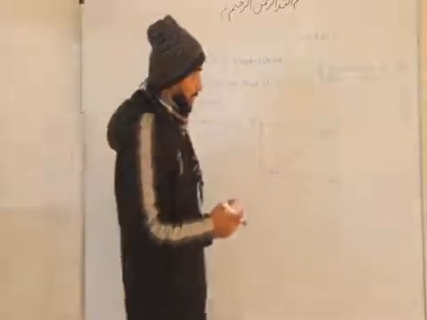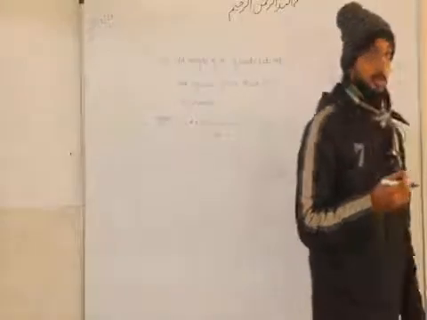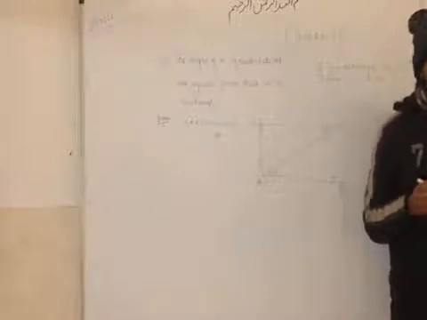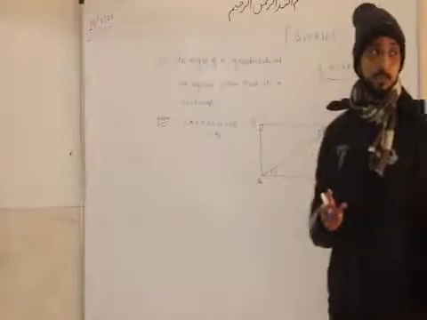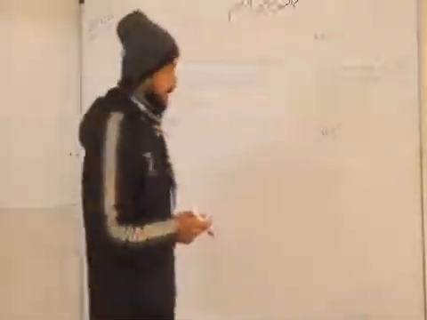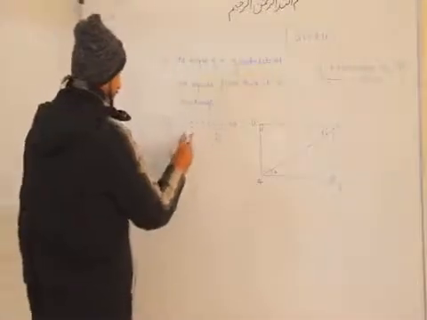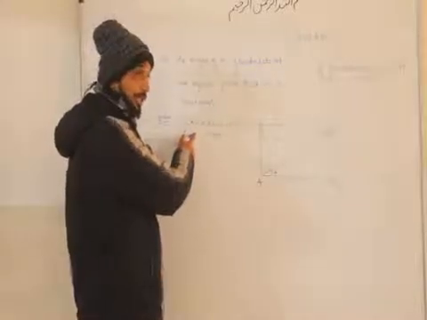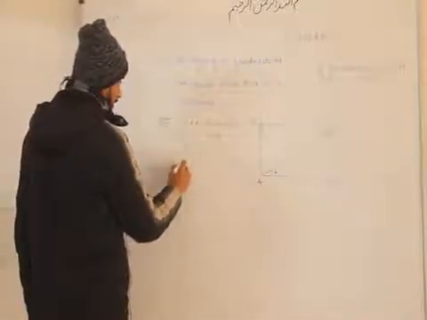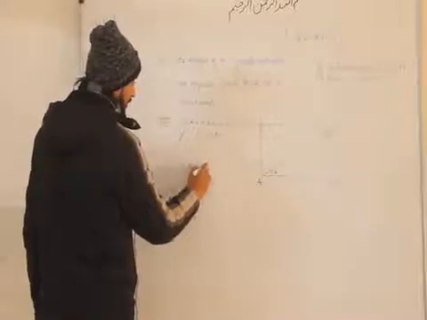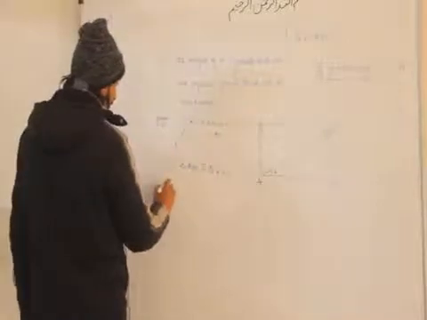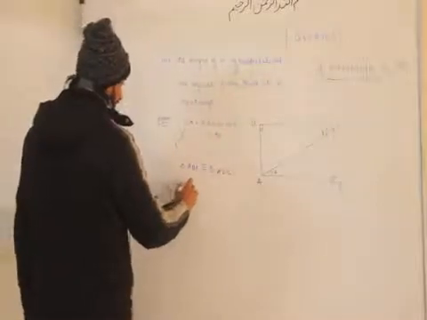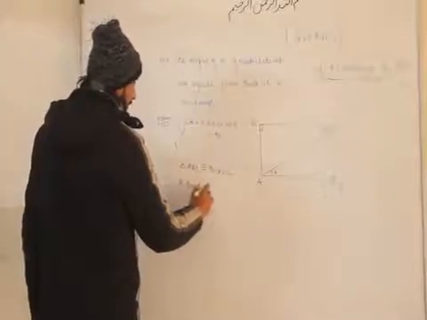So these two triangles are congruent. And this is also the property of a quadrilateral: if all the angles are equal to 90 degrees and the diagonal divides it into two congruent triangles, then it must be a rectangle. That is also the property. So first we have proved all angles equal 90 degrees, and secondly we have proved triangle ABC congruent to triangle ADC. Therefore we can say that a quadrilateral in which